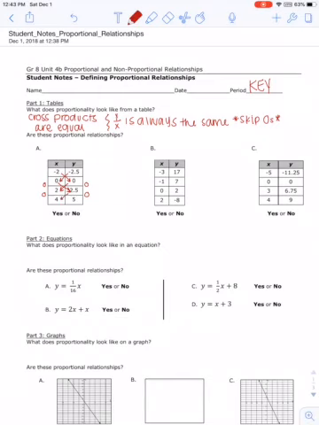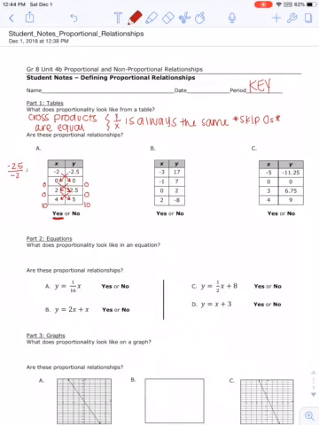2 5/10 times 4 is 10, and 2 times 5 is also 10, which lets us know since each of those cross products equal the same value, we're leaning toward proportional. So we're going to go ahead and underline yes, but we're going to test out this second test option about y over x. So if I do negative 2 5/10 over negative 2, so my y value over my x value,